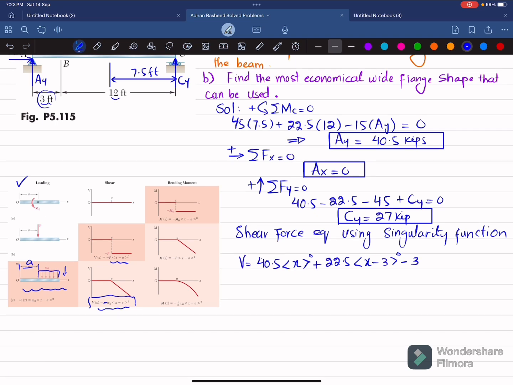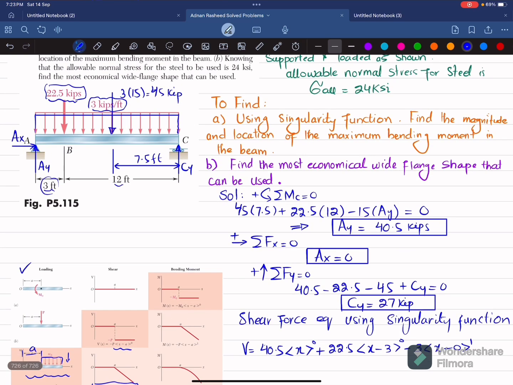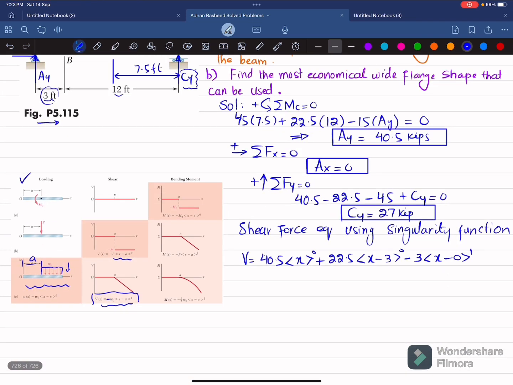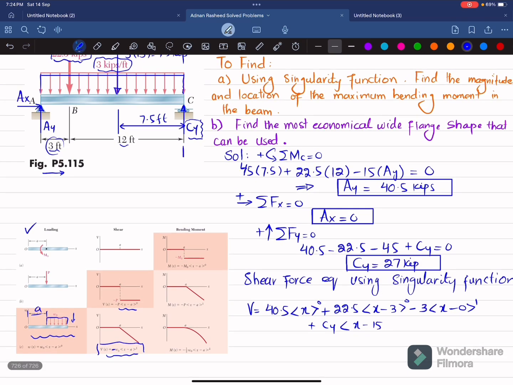So 3 into x minus 0 power 1. And the last term is cy. We will neglect it because we are starting from the left side and moving toward the right, and always you have to neglect the last term because this will give you 0 if I include it. So I will write plus cy into x minus a, and a is total 15 because this is acting at this point. So this is a. So that is 15